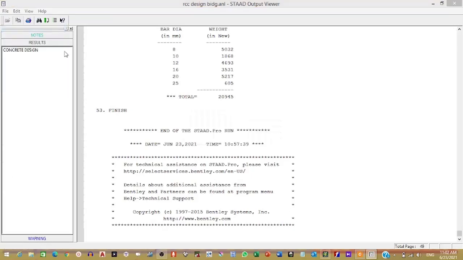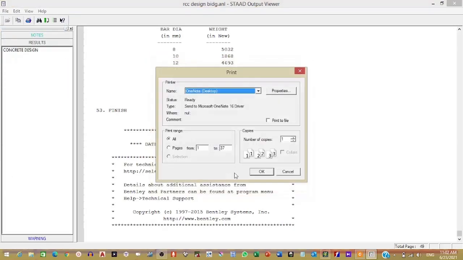First they have given related to beam, then column, and then slab. And this is the slab.